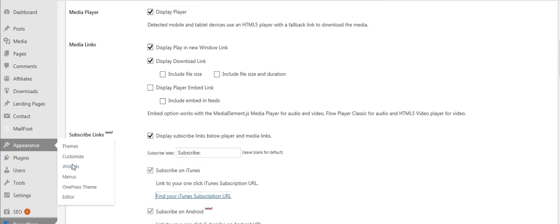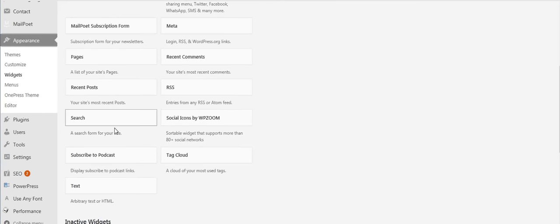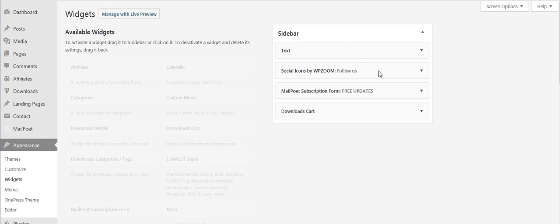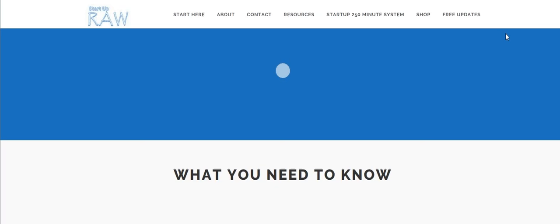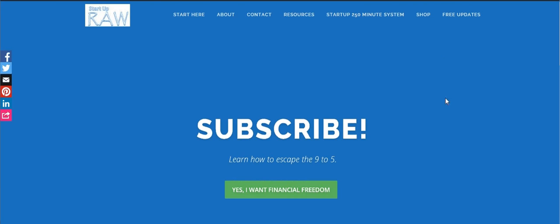Last thing I'm showing you in closing, in your widget, you're going to take subscribe to podcast, and you're going to put that in your sidebar over here, bam. And what that's going to do is whenever you save that and you come over here, on the right side where your widgets are, it's going to have 1, 2, 3, 4 different subscribe areas for people to subscribe to your iTunes,